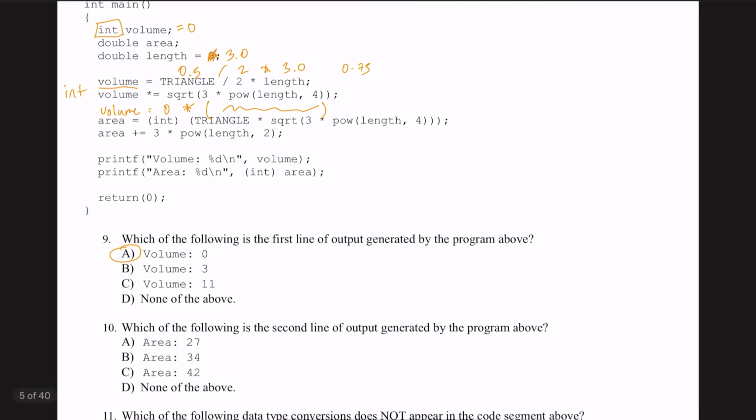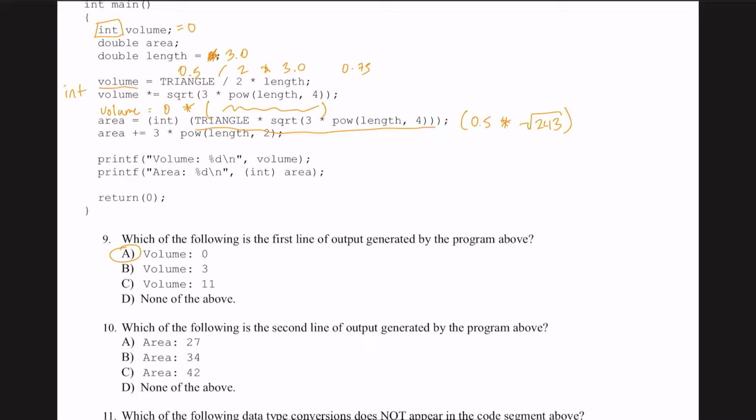Moving on to question 10. Now we have everything inside these parentheses casted to an integer. Well, I'm going to rewrite that formula inside the parentheses as 0.5 times the square root of 3 times 3 to the 4th, which is equivalent to 3 to the 5th, or 243, which looks a little bit scary. But whatever the answer of this is, we're going to cast to an int, or take the floor of, drop the decimal. So we can make a good guess